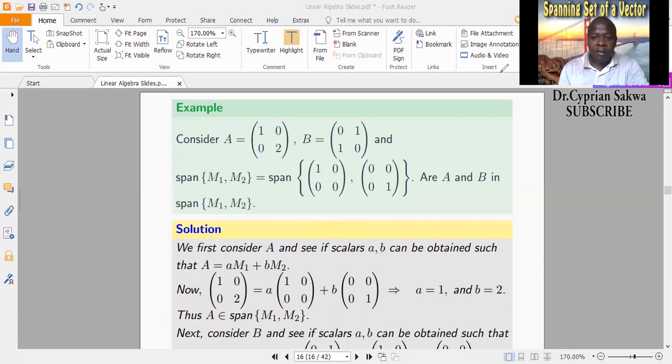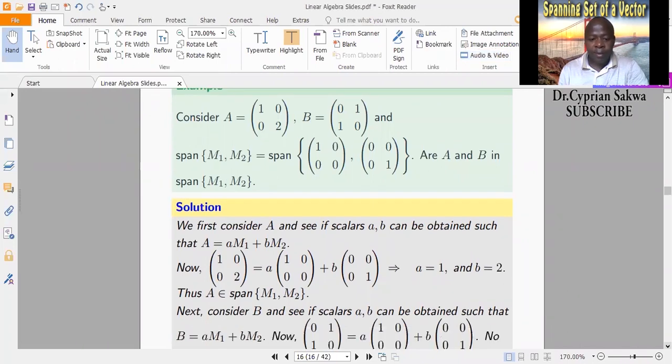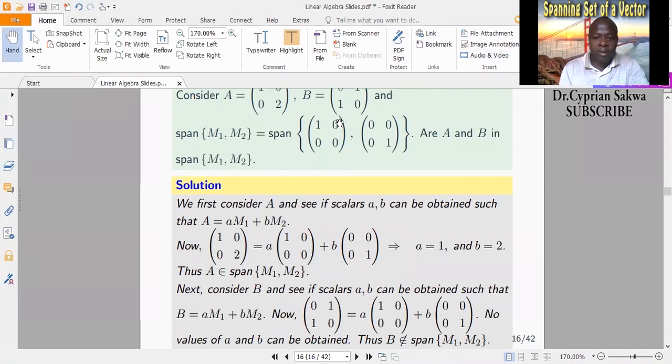What about B? Is B in the span? So again, the same reasoning. Let's see if we can find scalars a and b such that B would equal a M1 plus b M2. But this is our B. And a M1 plus b M2. We find that